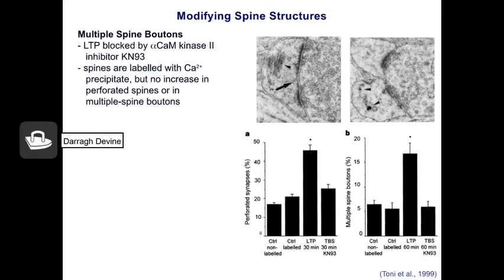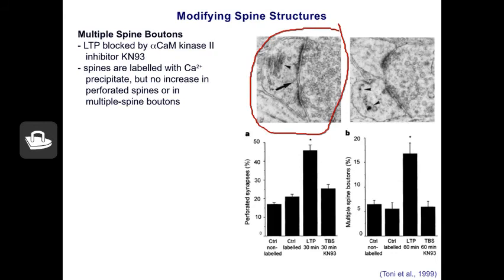Overall, the research team identified that perforated synapses peaked at 30 minutes and multiple spine profiles peaked at 60 minutes. However, the perforated spines declined after 30 minutes, whereas the multiple spine profiles persisted beyond the peak. What seems to be happening is that the perforated synapses, shown again at the left on this slide, seem to